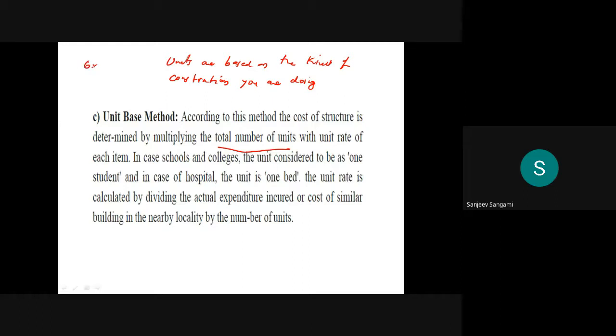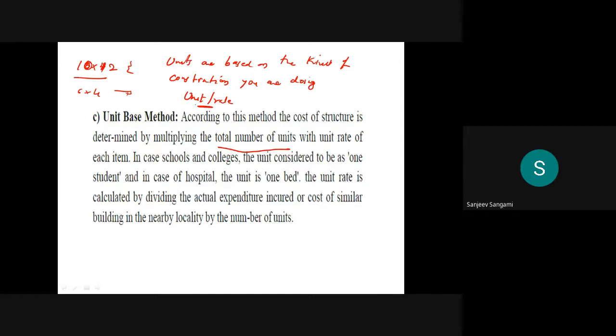Assume that it is 6 by 4, or you can say 10 by 12, or a big hall. So how many units will be reserved for 6 by 4 as per standard dimensions? There is a set of standard units, and based on that we have to provide it. So per unit, how much will be the rate? It is the unit rate that has to be taken care of.